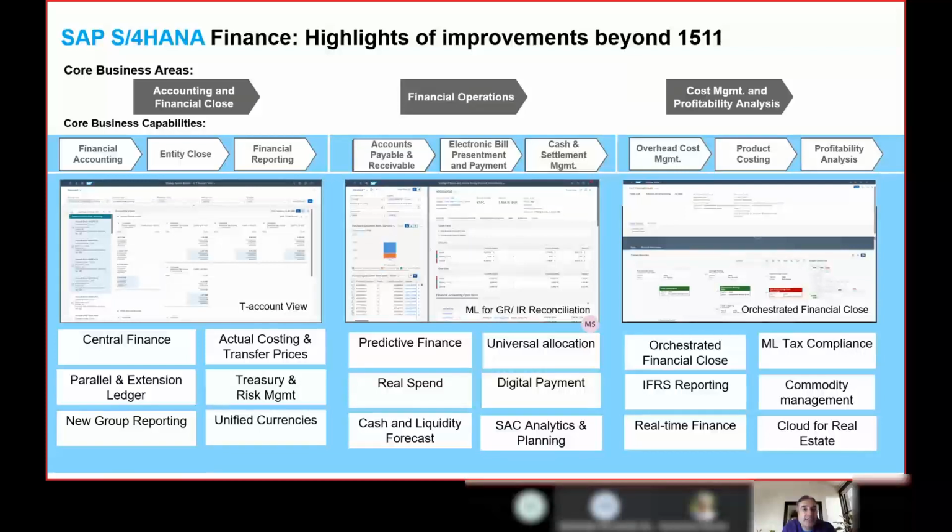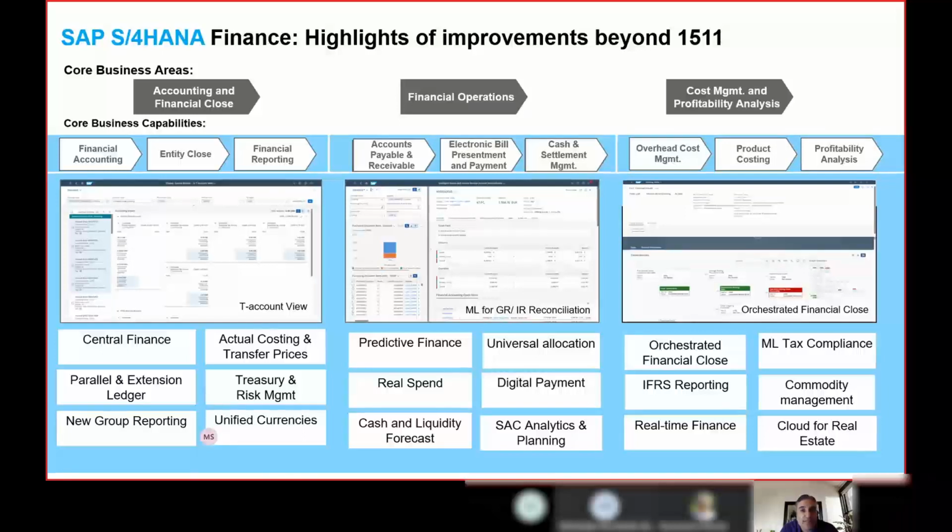Like this, in finance, innovations are being delivered with regard to currencies, group reporting, and even IFRS reporting, so that it can make finance much stronger from a business point of view. Customers can definitely leverage these innovations and make their processes or end-to-end scenarios much more competitive and robust.